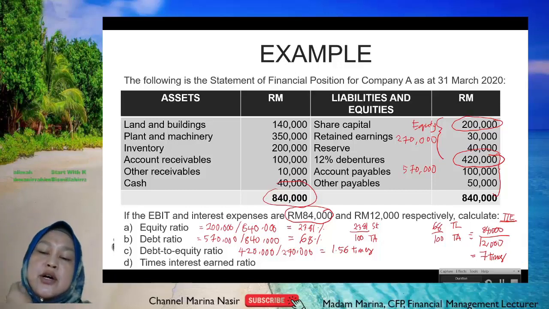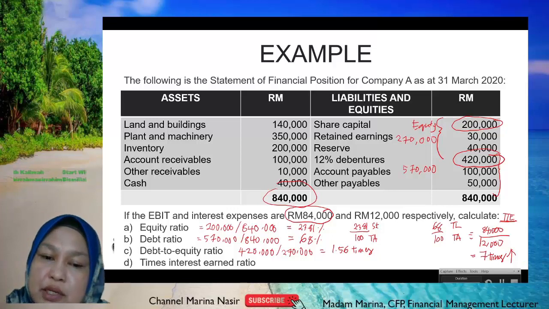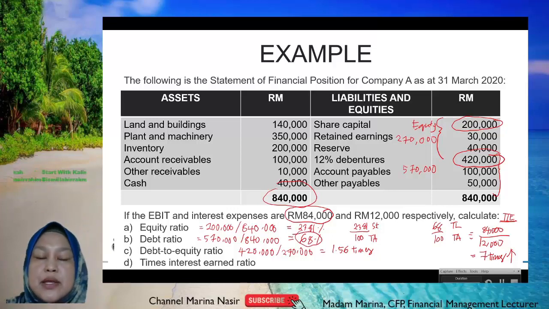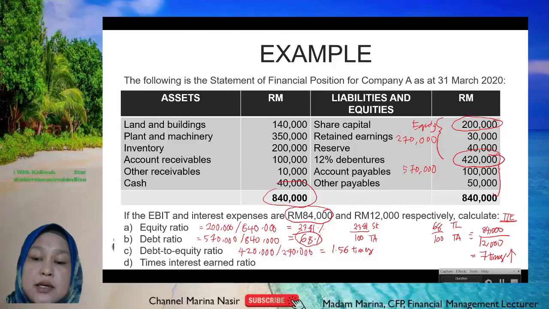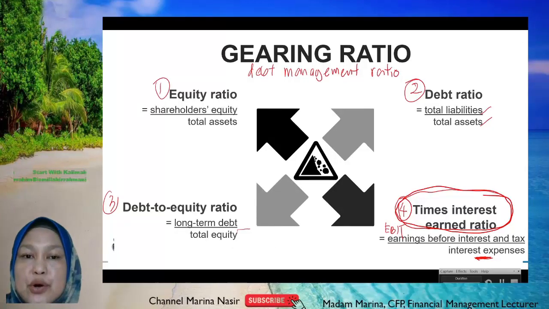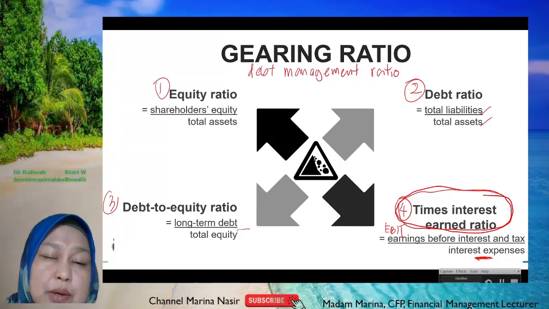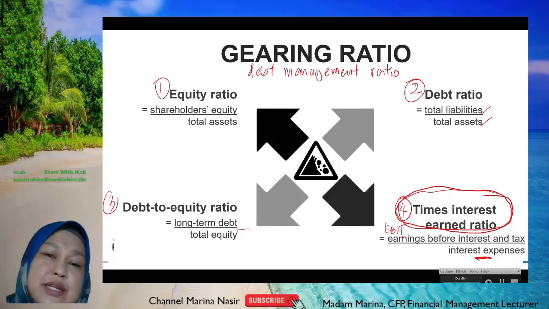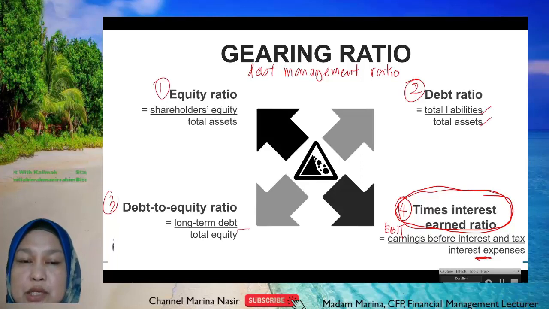Okay, so for time interest earned, higher is better. Apa yang lower is better? Debt ratio tadi ni. Debt ratio lower is better. Debt to equity ratio pun sama, lower is better. Okay, that's all for debt management ratio or gearing ratio. The purpose why we calculate the debt management ratio is we want to know the debt position from the total asset and from the total equity, and also the ability of the company to pay its interest